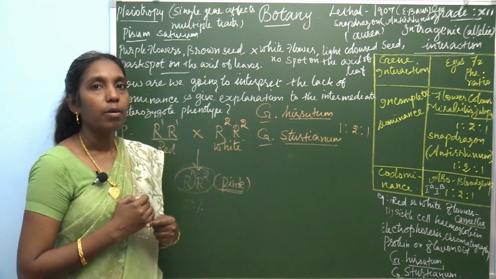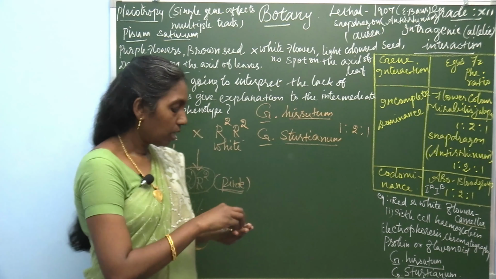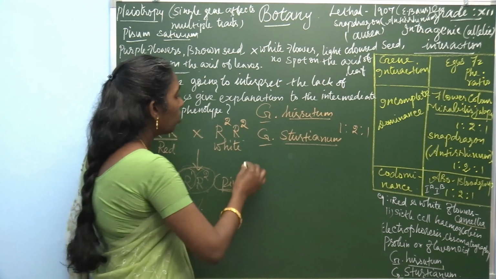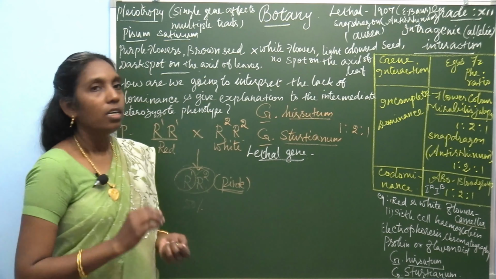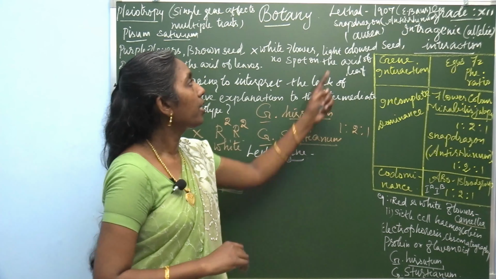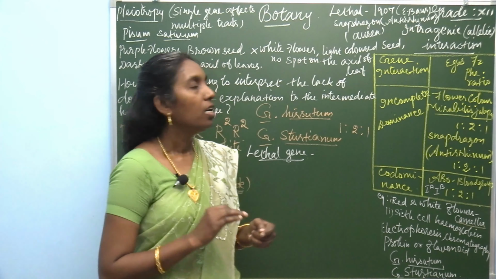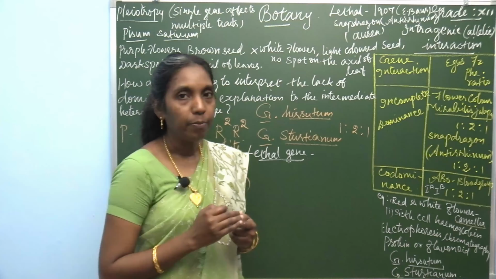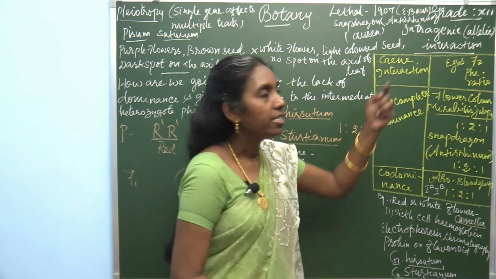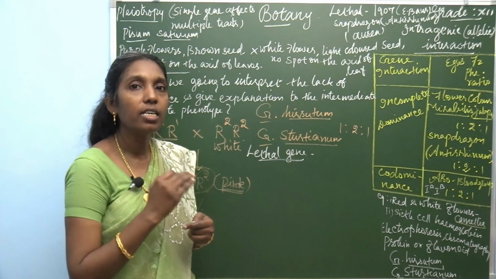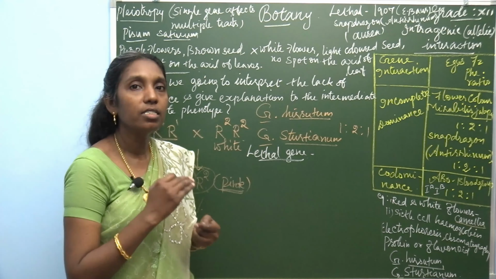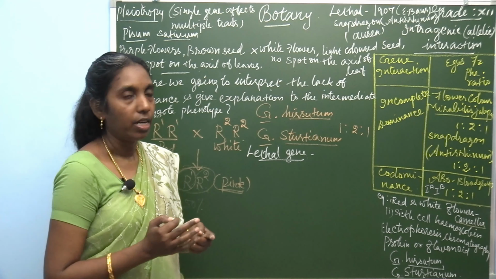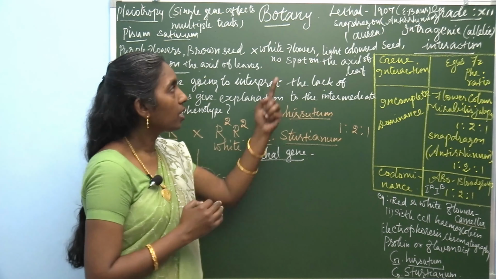Then another example is the lethal gene. This was observed in the year 1907 by E. Baur, who explained the lethal gene in Snapdragon. What's the other name of Snapdragon? Antirrhinum. So in Snapdragon, the lethal gene is expressed, as noticed by E. Baur in the year 1907. Let's see what the example of this is in the Snapdragon.